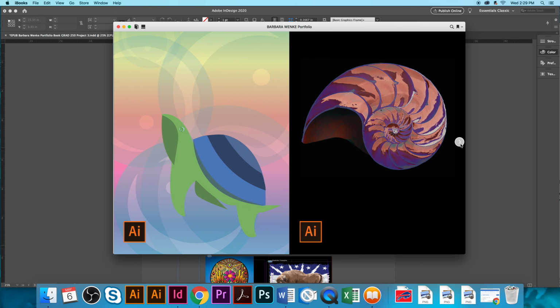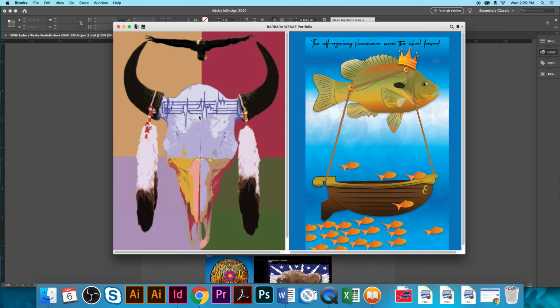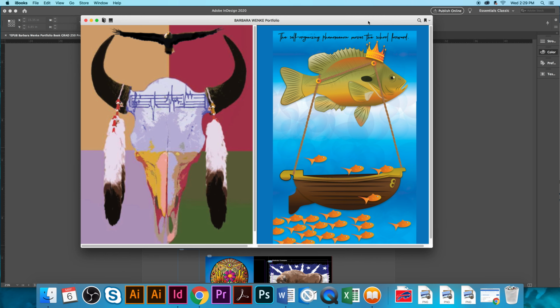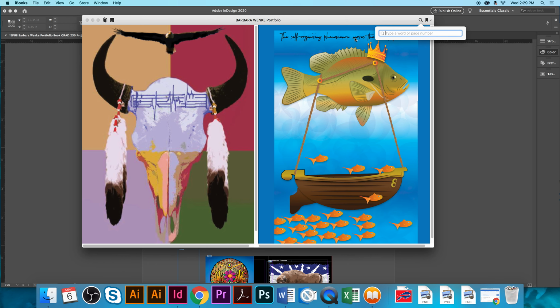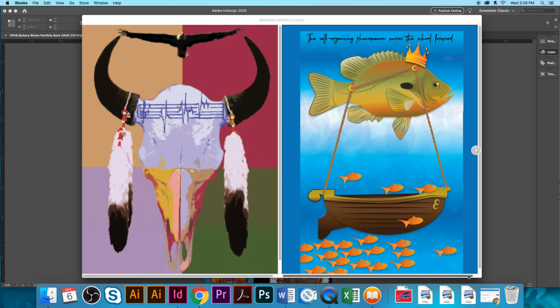And then I have some examples of other pieces that I did. This one came out very soft because this image went in as a JPEG. It didn't come in as the Illustrator file that it was created with. So I just wanted to show what a soft focus would look like. These other images are fairly clear. If you zoom in on these, I have to kind of zoom in to look at the quality. I don't know if you can see it as well, but